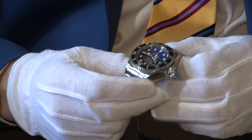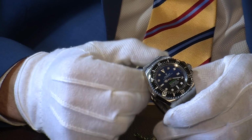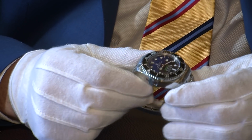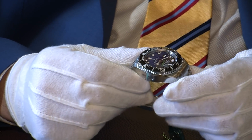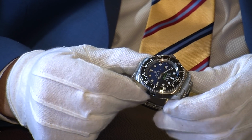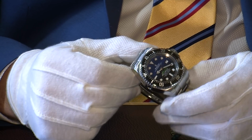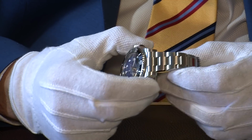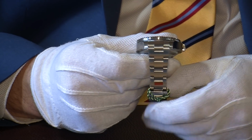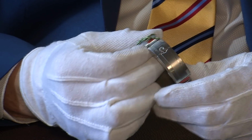Now, in order for this watch to successfully arise from the depths of the sea, Rolex have built into the side of the case here what we call a helium escape valve. Now, there's nothing that you need to do here, it's all automated, but in essence that allows the pressure to come from the watch so as not to do it any damage. Mounting the case is this beautiful and traditional Oyster bracelet there. As you can see, it tapers down there, slightly wider and tapering down there, where it joins here the Rolex